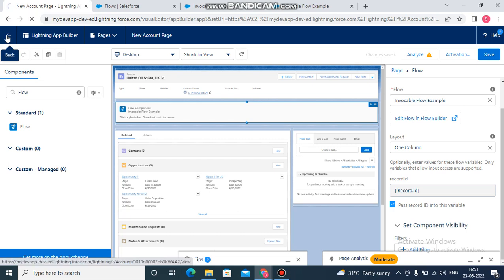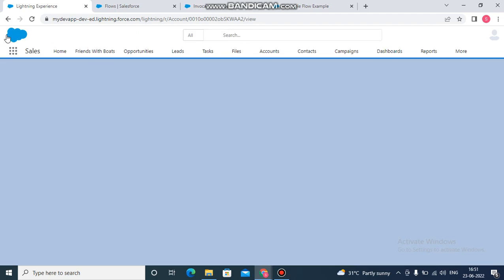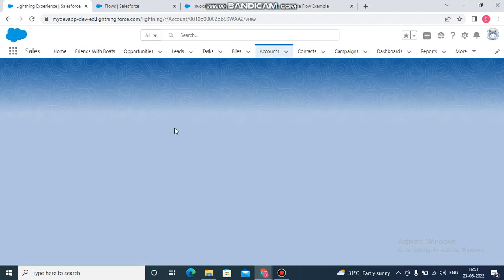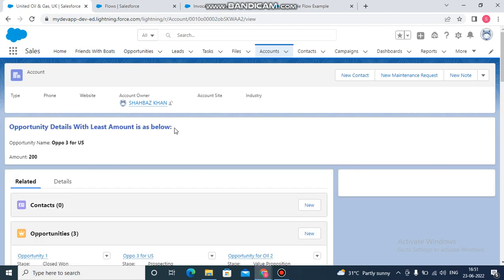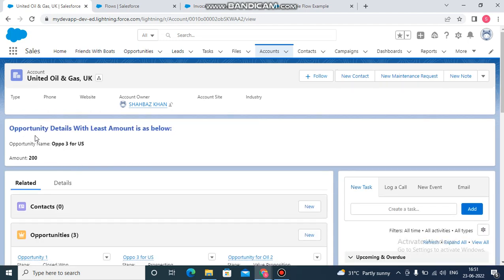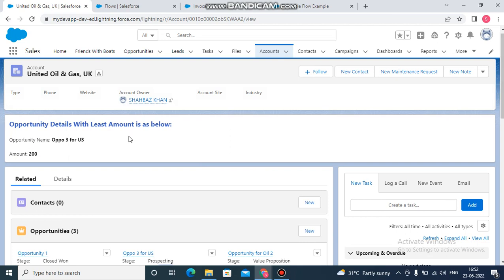Okay, let's go back to the detail page of that account. So here it is. See, this particular account had 3 opportunity records, as you can clearly see here. The one with the name of Oppo 3 for US has the minimum amount of $200, so it is visible below the highlighted panel as part of our